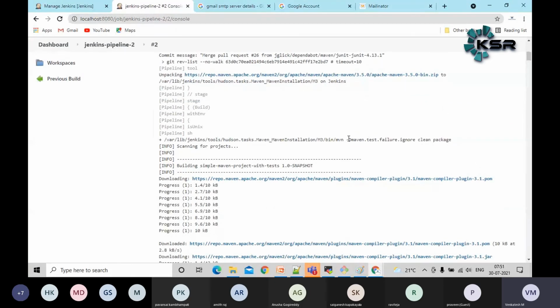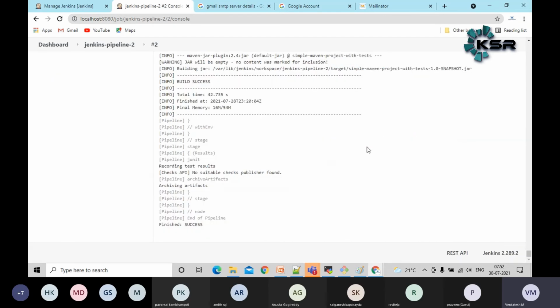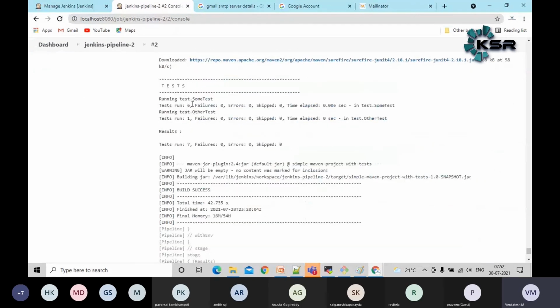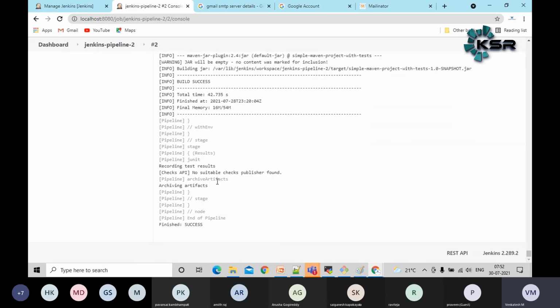One more option it is passing, guys, is -Dmaven.test.failure.ignore. This is because if any JUnit test case fails, Jenkins will mark the build as failed. So I'm telling Maven to ignore any test case failures. That's the reason we are passing this particular argument. Now let's go further. The compilation phase succeeded and it is running some JUnit test cases also. Total test cases are 6, and finally 0 failures. After success, it is printing the success message, guys.